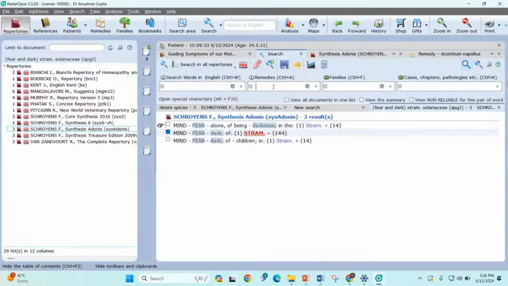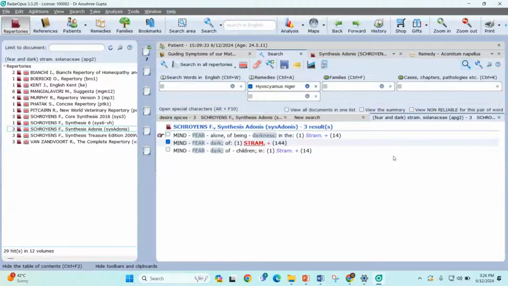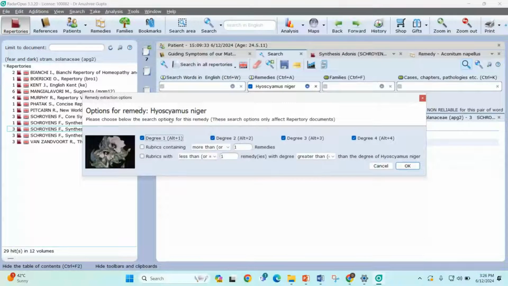Next I want to do is the single remedy rubric search. So you can quickly do the single remedy rubric extraction with this advanced search feature. You just need to mention the name of the remedy here. Click on the drop down to open the remedy extraction options. By default, the degrees are selected.